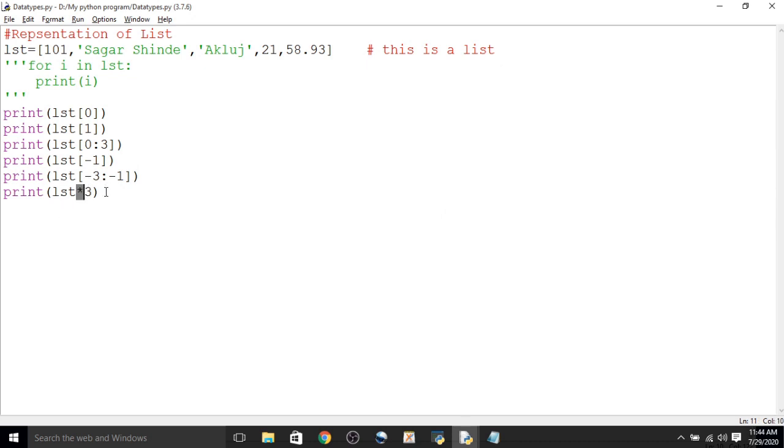Similar to strings, we can also apply the repetition operator. Suppose for example you want to display a slice 3 times. Here we have taken a slice of that list from 0 to 3, repeated 3 times.